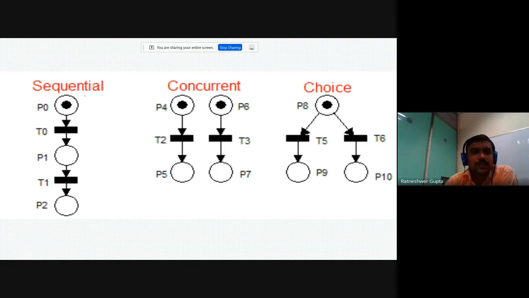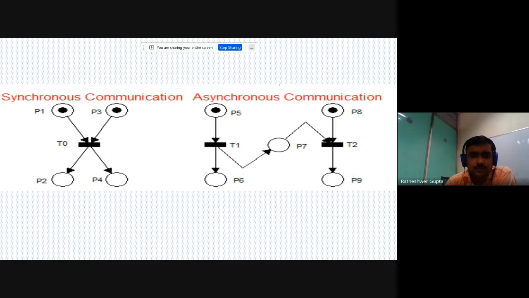Like sequential activities, where the output of one becomes the input of another, and so on. We have concurrent activities, where two activities take place in a parallel manner, so there is support for concurrent activities. Suppose there is some choice like an if-else activity; we also have support for choice statements.